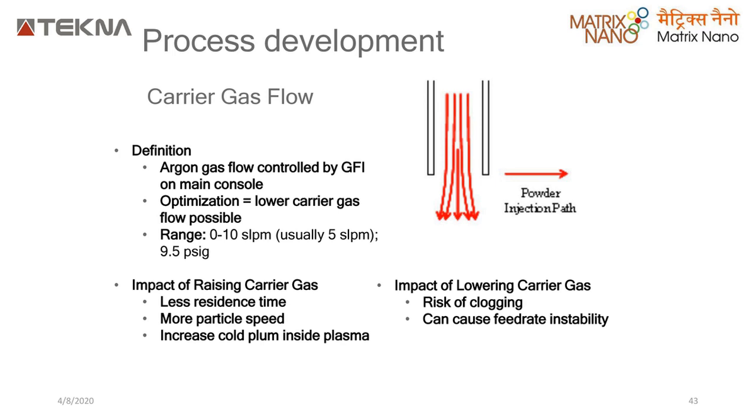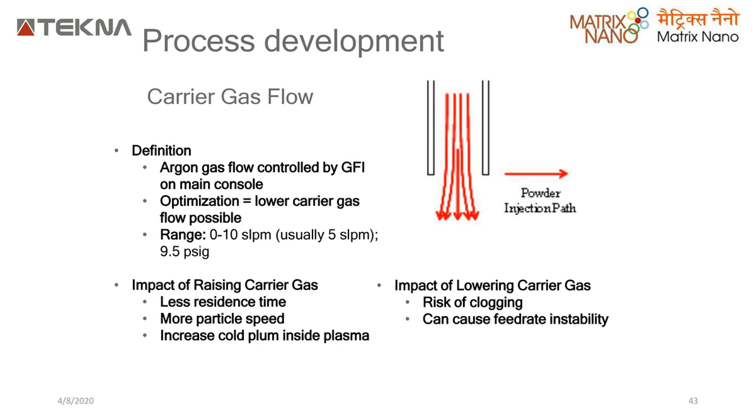And you have the carrier gas flow. One is your argon gas, which usually flows with your material. This carrier gas also affects the powder which is fed into the plasma torch. If you increase the carrier gas, it reduces the time the powder is going to stay. Basically, a carrier gas takes your powder from the start of your probe till the end, the collector. So if you increase the pressure or flow rate of your gas, your powder is also moving very fast.